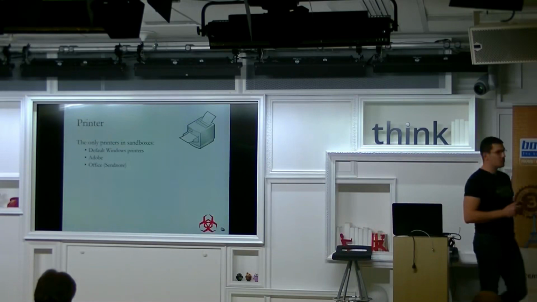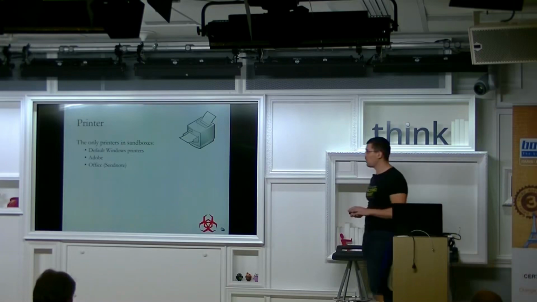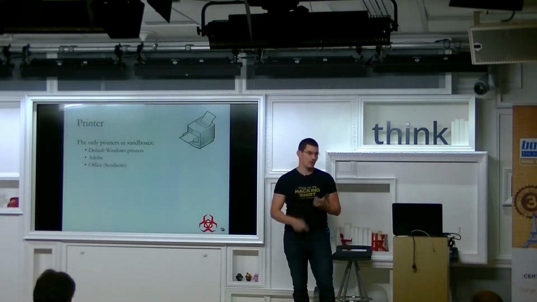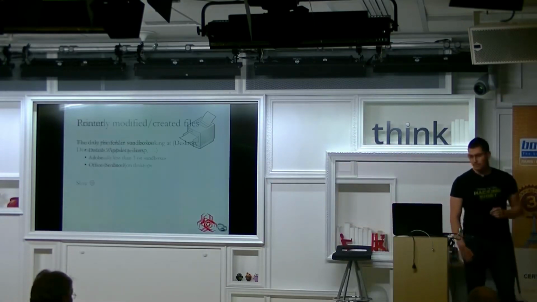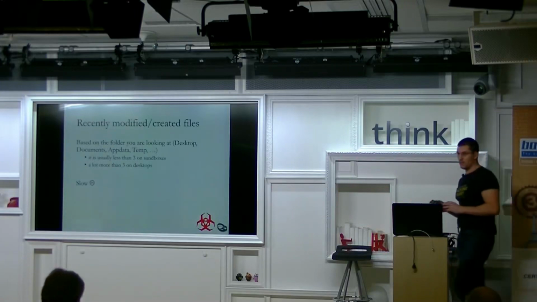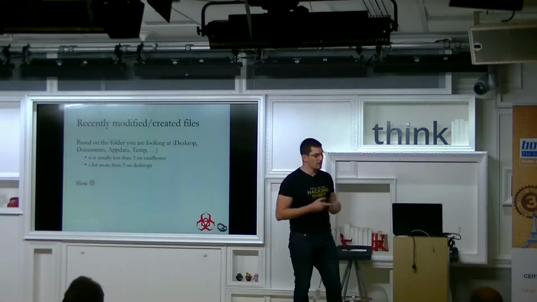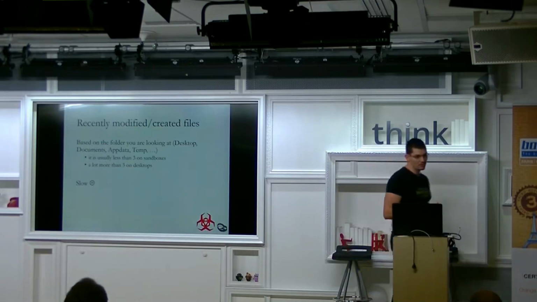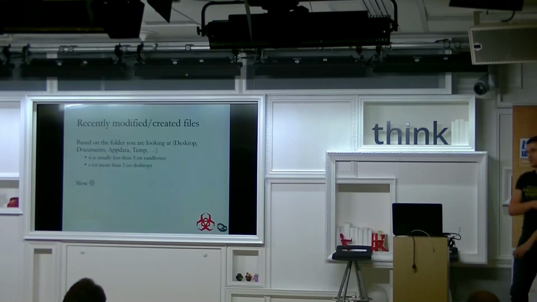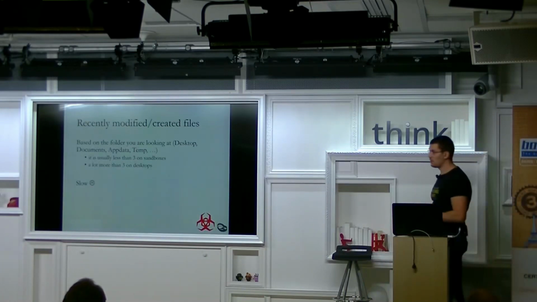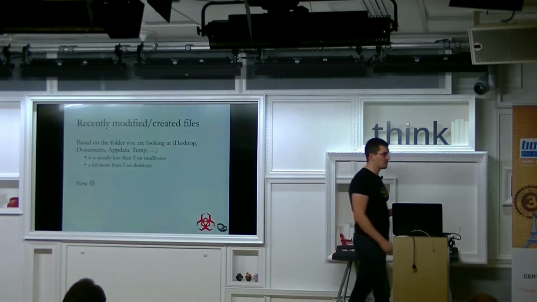Again, this is one of my favorites, checking for printers. None of the sandboxes have printers installed, except the default ones, like the Windows, the Adobe, or the Office ones. But all user workstations and desktops have a printer. I've also checked for the number of recently created or modified files in common directories like desktop, documents, folders, AppData, temp, and so on. It was not a surprise that almost all sandboxes had a really low value on these. But if you check a real user workstation, you will see a lot of recently modified files in these directories.